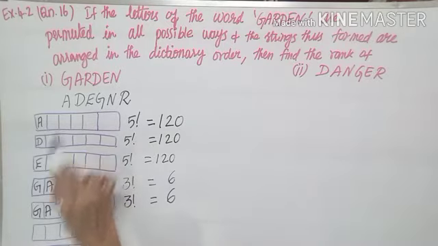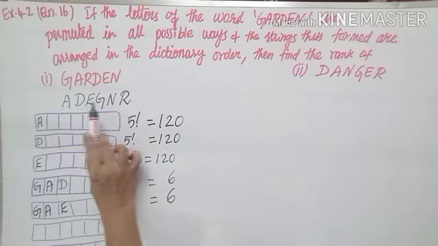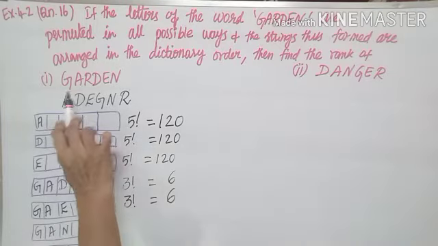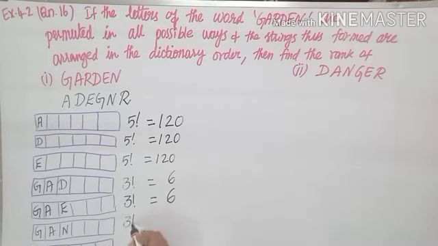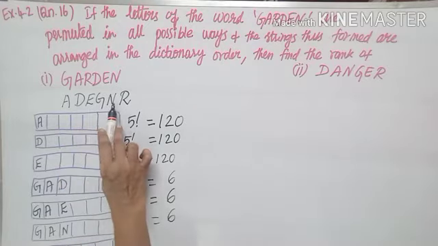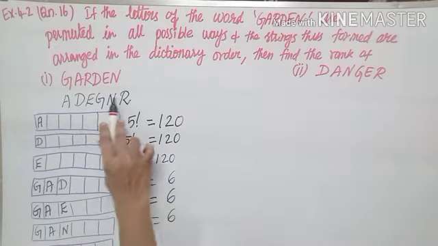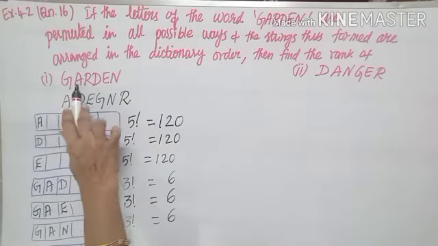Once G, A, D over, G, A, E over, next comes G, A, N. Now also, my question is not having N here. So G, A, N, again 3 are there, 3 factorial ways, which is 6. G, A, D over, E over, N over. Now I go on to R. In alphabetical order it is G, A, R. My question also has G, A, R.